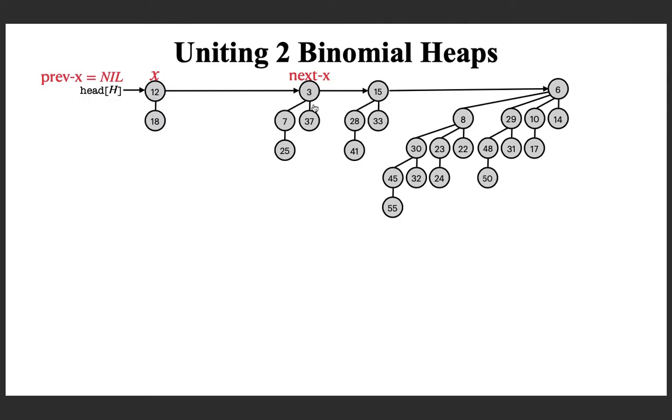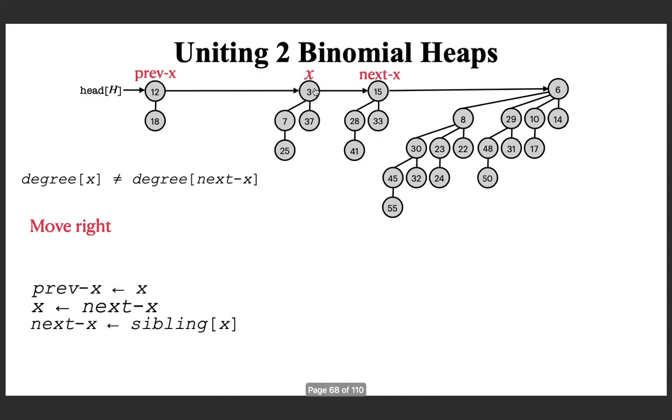That is very much okay. You don't have to do anything. In this case, what you can do is advance to the right. Every pointer here needs to be positioned to the next tree in the list, and this is how you do it. This is the condition: the degree of the current node is not equal to the degree of the next node, then it must be greater. So what you do is you just move right.